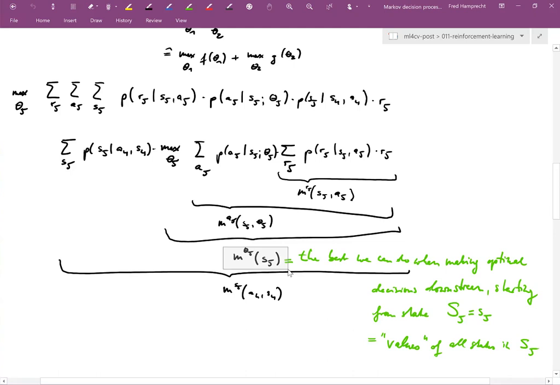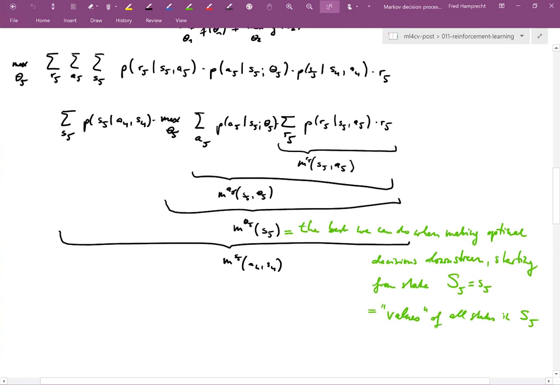And this is central to one class of algorithms in reinforcement learning. In reinforcement learning, we have two broad classes of algorithms. One class tries to figure out what is the best action to take, so what is the optimum policy. The other alternative route is to estimate the value of a given state, and then just use a naive policy to always pick the action which leads us to the best state in the next step.